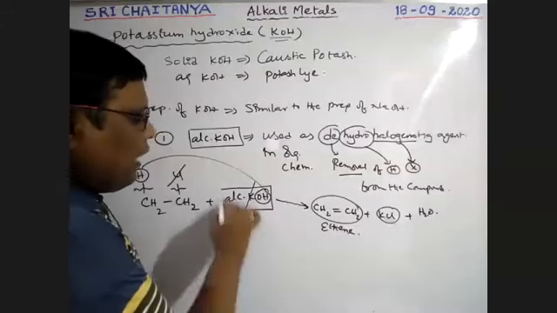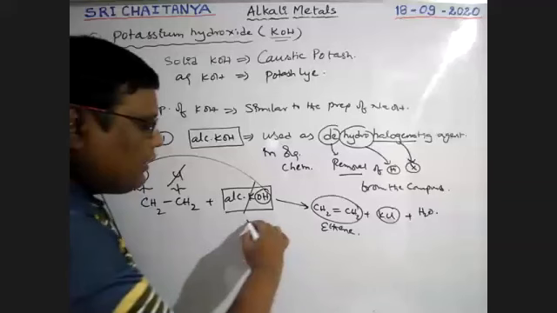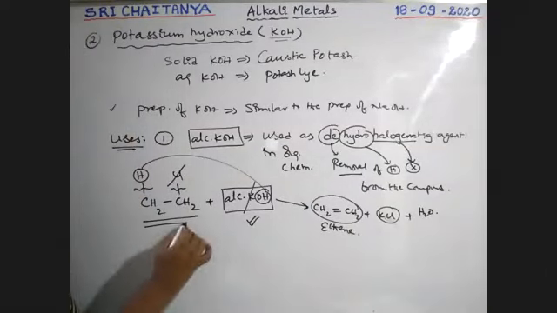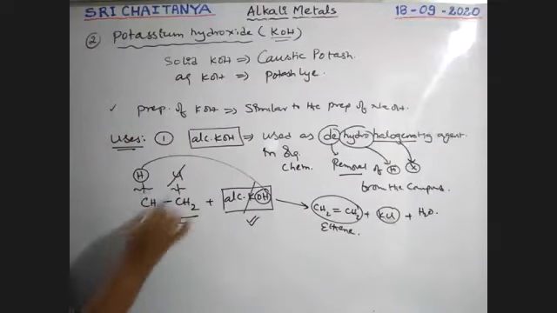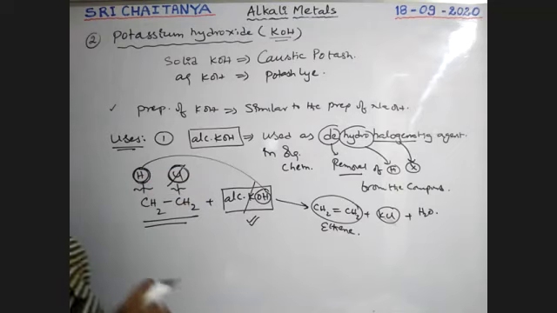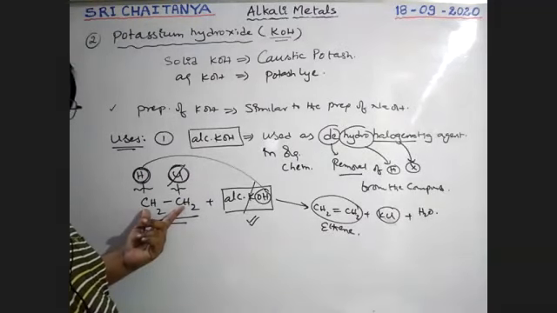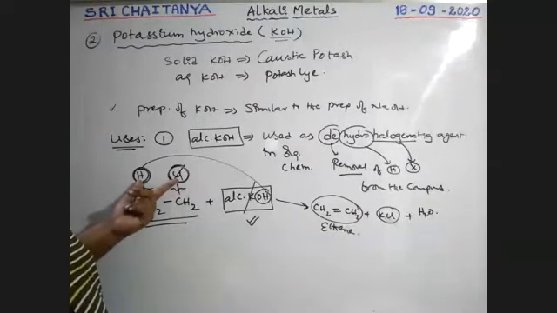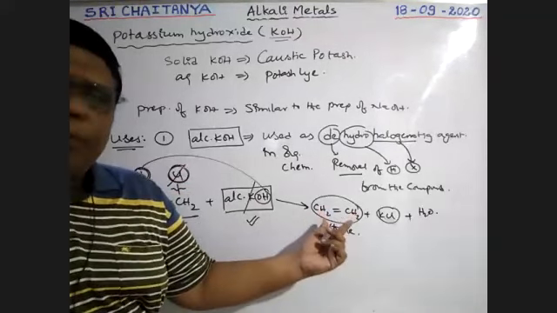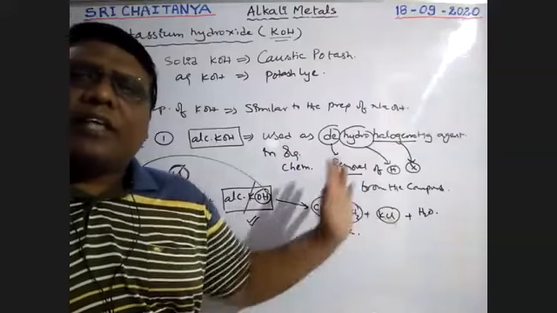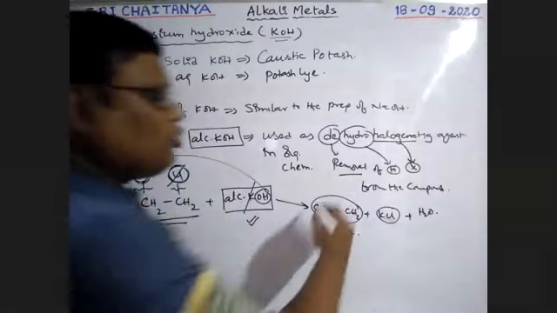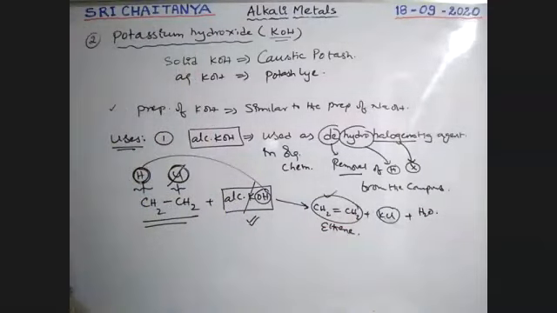So whenever the reagent alcoholic KOH is used, hydrogen and halogen are removed from the adjacent carbons of the given compound. After removal, the remaining compound is the product, the halogen leaves as KCl or KX, and hydrogen as water. This is the way to remove it. Next, second point.